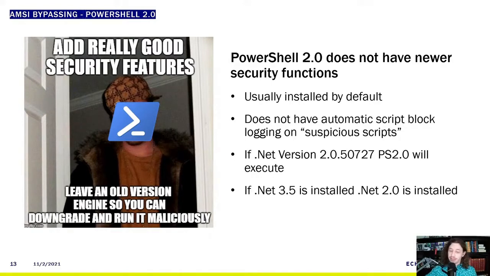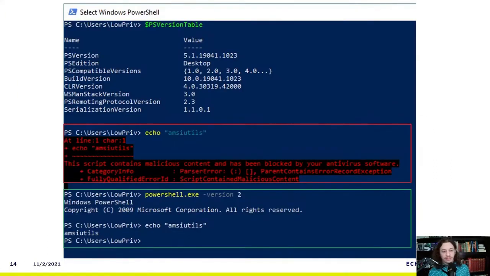But then a second caveat to that is if you have older software on your network that requires .NET 3.5, then .NET 2.0 is installed because they are bundled together for some reason. So what does that look like? Very simply, it's quite the easiest bypass in the world, and this gets a lot of my clients in the